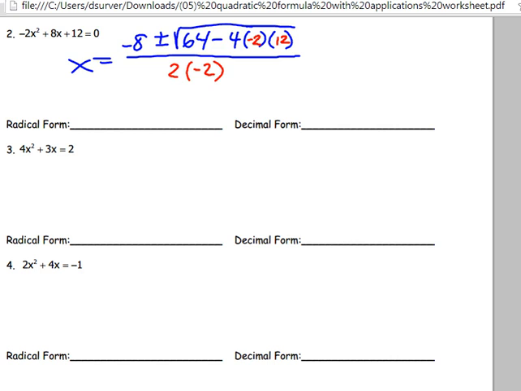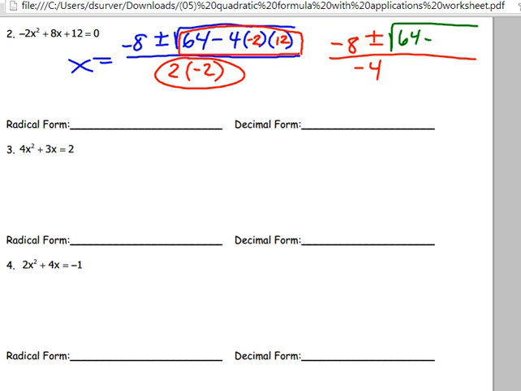Okay, from there I just have to be really careful underneath that root. Any monkey can multiply 2 times negative 2. But all of that, very likely to get messed up, so I'm going to watch it close. Negative 8 plus or minus, and I'm going to put it all over negative 4. Otherwise I'll prove my monkey statement wrong. And now I'm going to go to square root of 64 minus